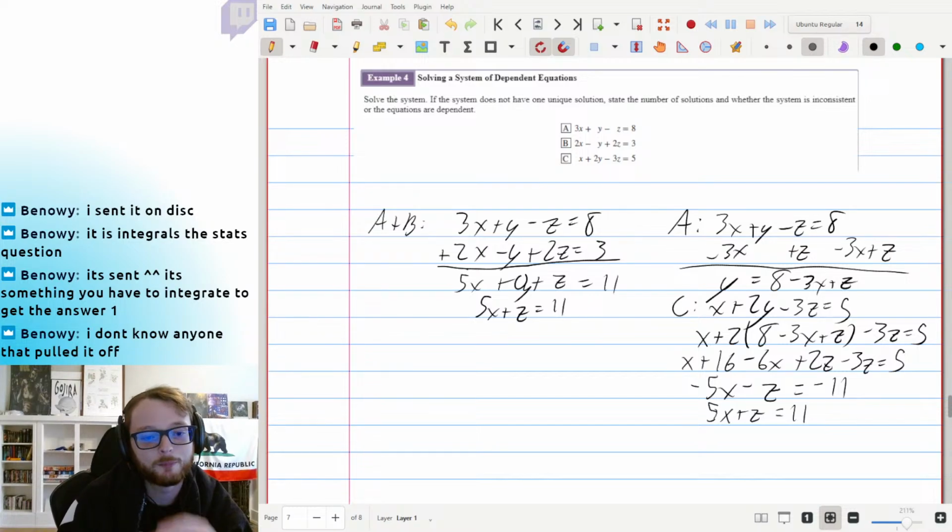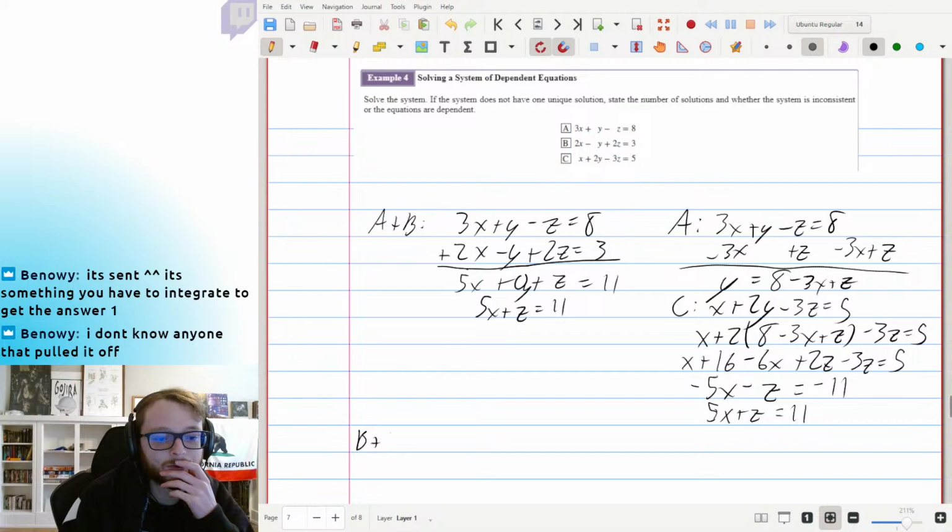Oh, I think B plus C equals A. So I'm noticing that on the right side we have 5, 3, and 8, and that 3 plus 5 is 8. So B plus C is